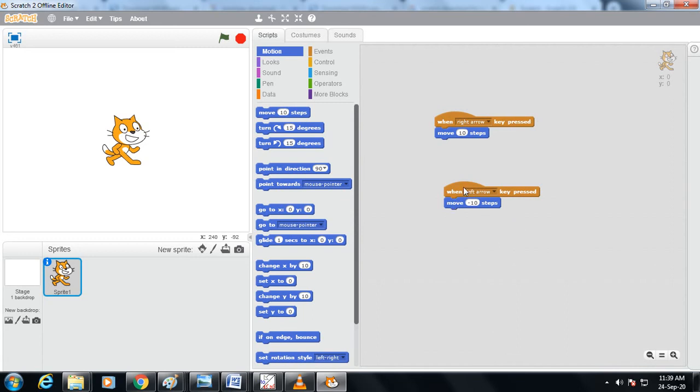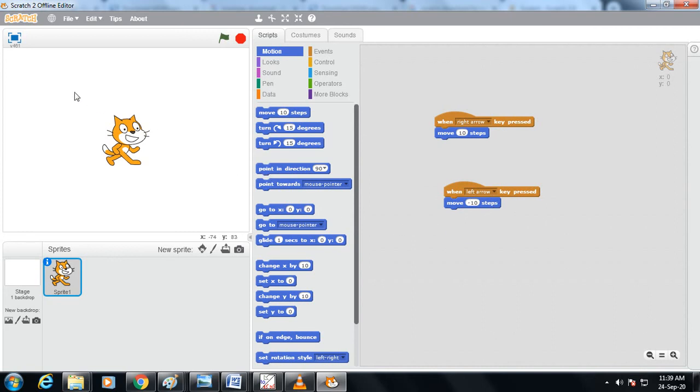Now we have done coding that when we press the right arrow key, the character will move 10 steps forward. When we press the left arrow key, the character will move 10 steps backward, fine.